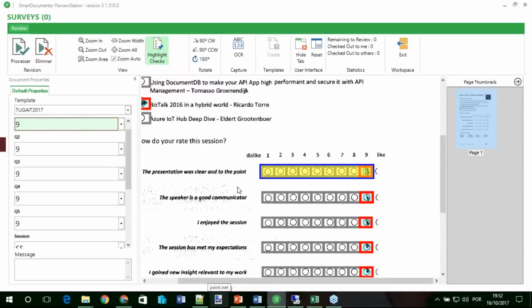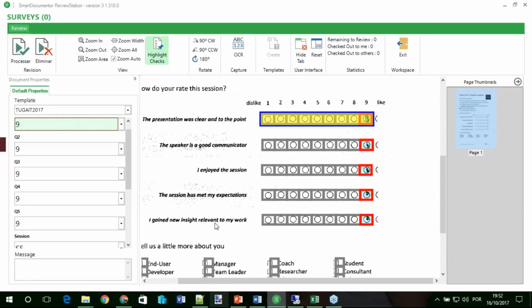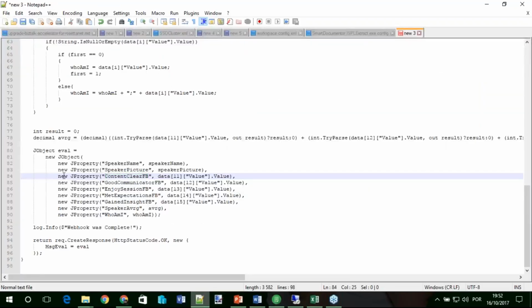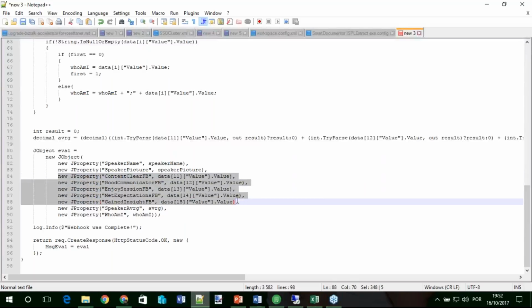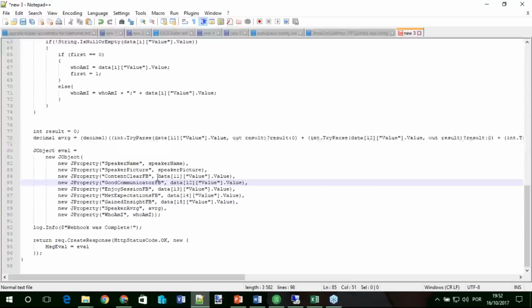The speaker is a good communicator. I enjoyed the session. Meet my expectations. Is relevant to my work. So all of this information I'm providing in this JSON here, and because they are in a specific point of my JSON message, I'm extracting that information directly.